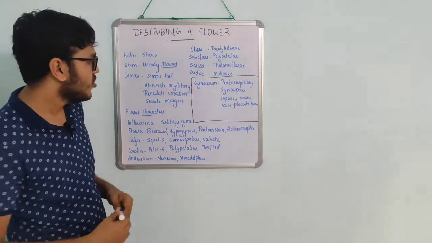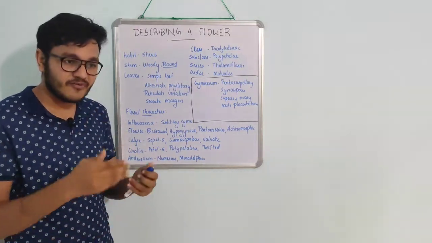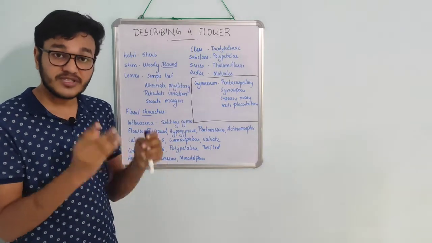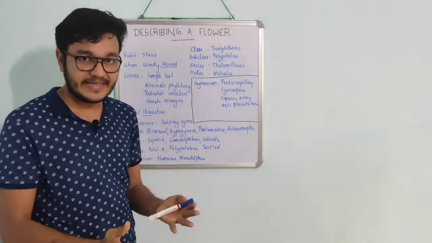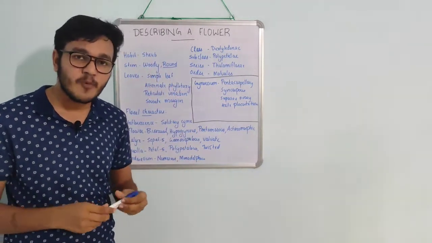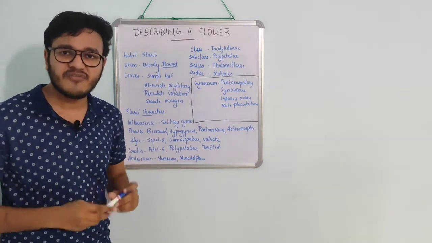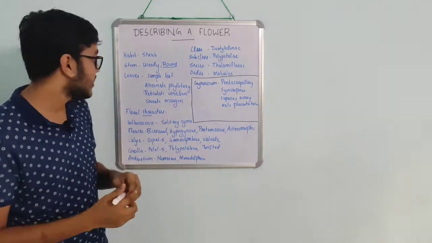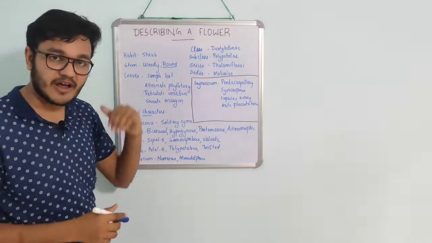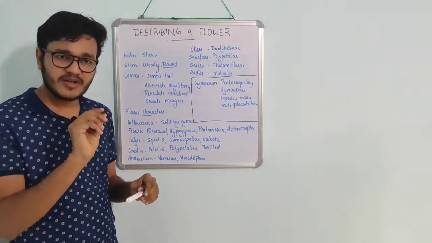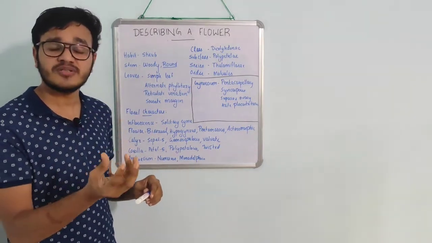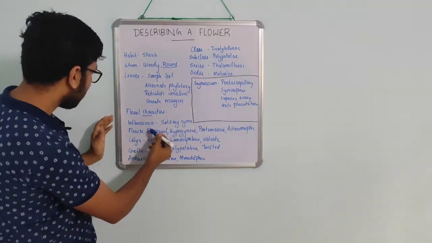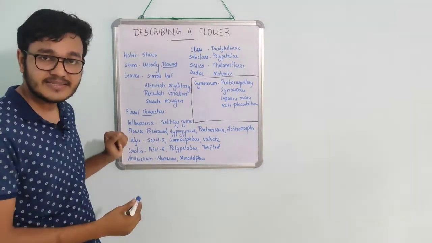the gynoecium. So first, when you get a flower, you have to describe the flower by morphology. First you have to look at the plant itself. A small twig of the plant will be given to you, and you have to see what is the nature of the plant, flower and plant first itself, that is habit, stem, leaf, and all can be written after that. Then you take the flower and look at the morphology of flower. You see the inflorescence and the morphology of flower, and you write the inflorescence and flower characters, and then